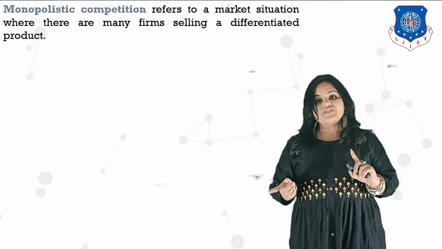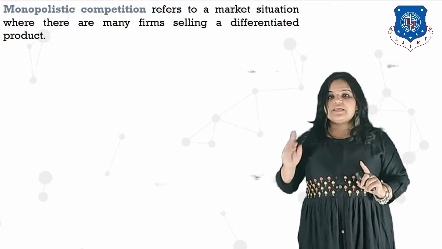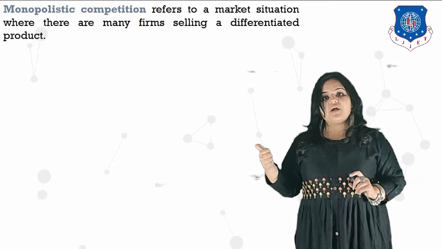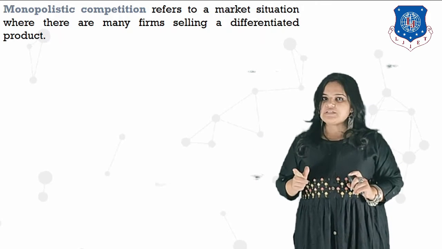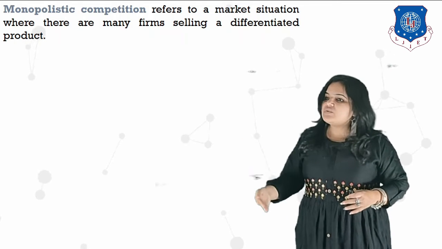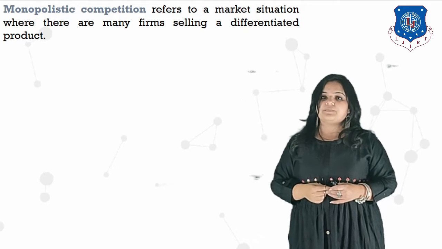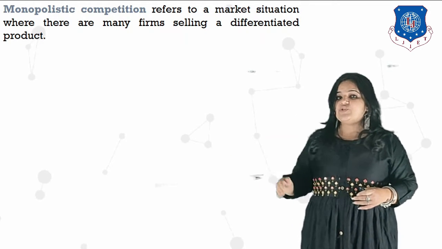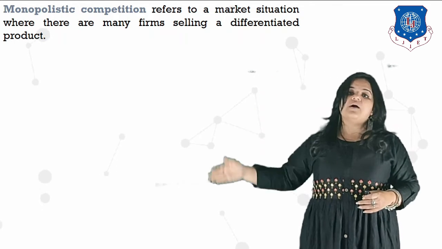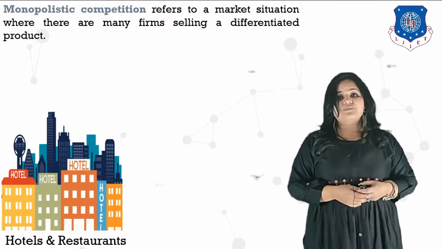Okay, students, you might get confused between monopolistic competition and oligopoly. Say for example, if I ask you mobile phones, they are not in monopolistic competition because there are not large number of sellers. If you can list down the sellers in terms of brands, then it is not monopolistic competition. In monopolistic competition, you aren't able to list down who are selling this type of products. Let us see some examples of monopolistic competition.